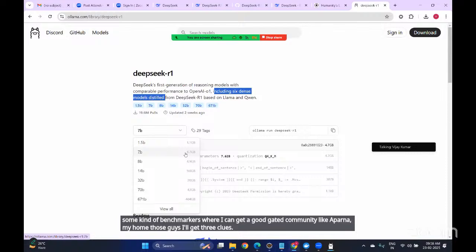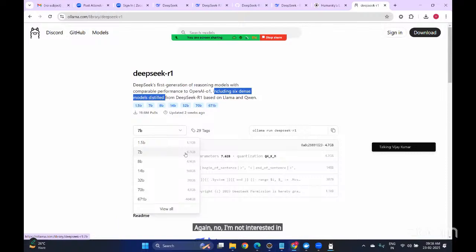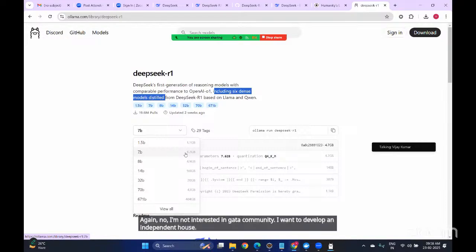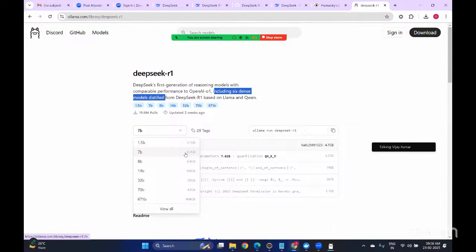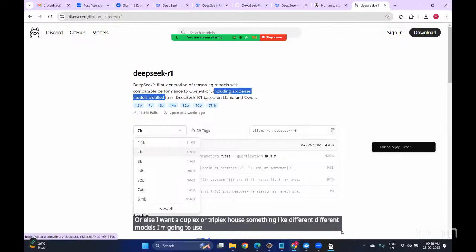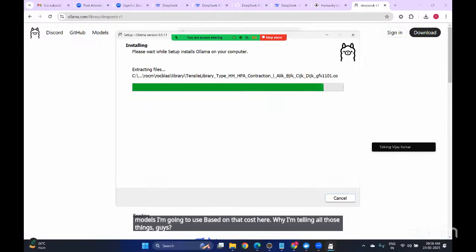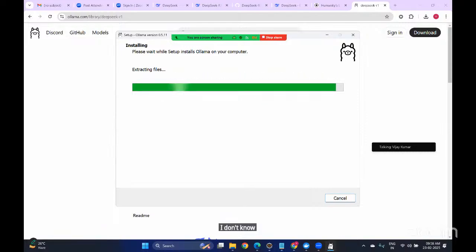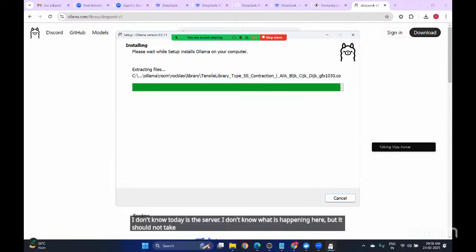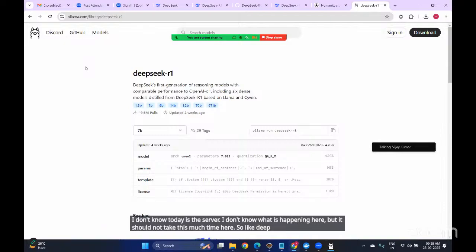Again, no, I'm not interested in a gated community. I want to develop an independent house where I'll stay, or I'll rent it to someone. Or else I want a duplex or triplex house. Different models I'm going to use based on the cost here. Why am I telling all these things, guys? Because it's still running. It is taking this much time. I don't know what is happening with the server today, but it should not take this much time. So the DeepSeek model has different models depending on your system,